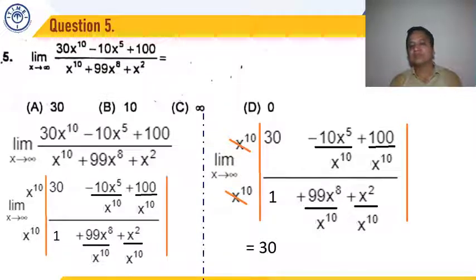So this comes out to be 30, because x to the power 5 upon x to the power 10 is 1 upon x to the power 5, and when x tends to infinity it becomes 0, and 1 upon x to the power 10 when x tends to infinity is also 0. So the remaining terms tend to 0. In the numerator 30 will be left, in the denominator 1 will be left. So we have our result as 30 upon 1. If we carefully look at the choices, our choice comes out to be A, 30. I hope this is clear.